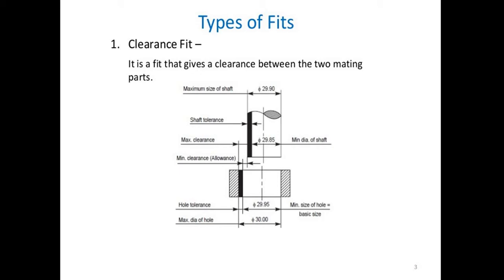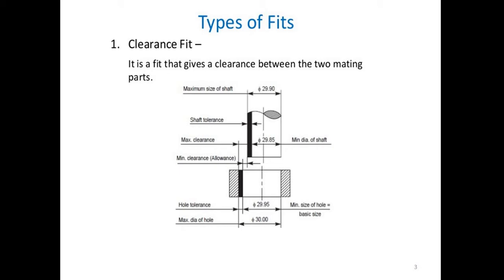In last lecture we already studied when the mounting of gears on the shaft for power transmission purpose takes place. In this case, there is a clearance fit between the shaft and the gear. One example of clearance fit is the mounting of gear on the shaft. A sketch is shown for shaft as well as hole.